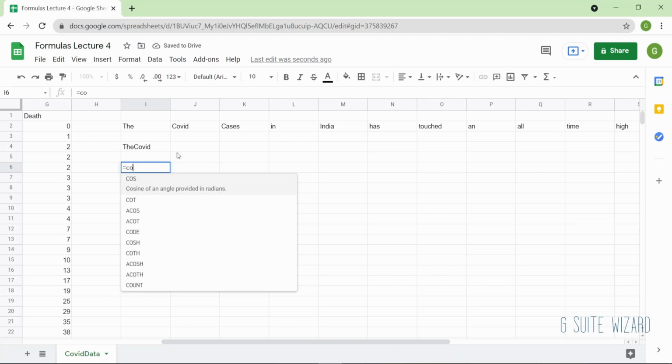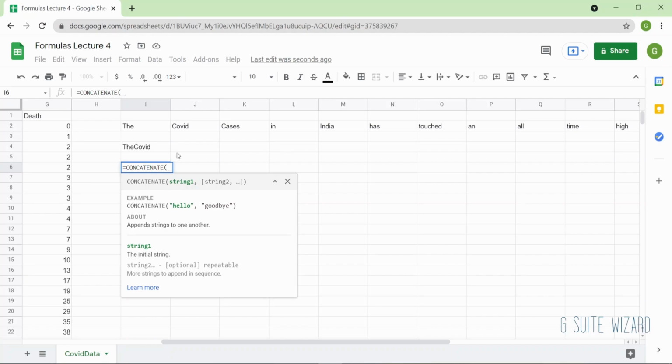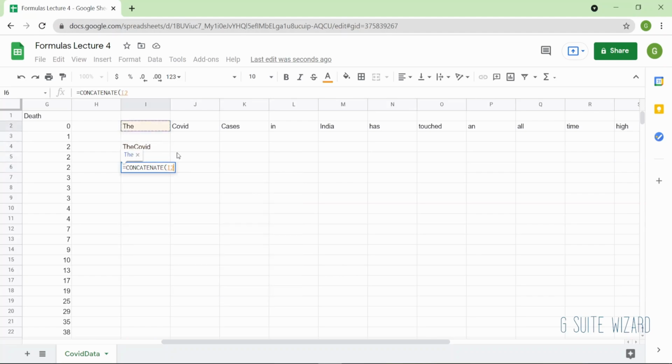There's also concatenate. What concatenate does is it will append a string of values, whereas concat can only do two values, concatenate can do multiple values. Let me just show you. So here I'm able to get all of this. So there's no delimiter here. It will just append one string to the other without any space or without any comma. It just adds one after another. So that is with split, join, concat and concatenate.